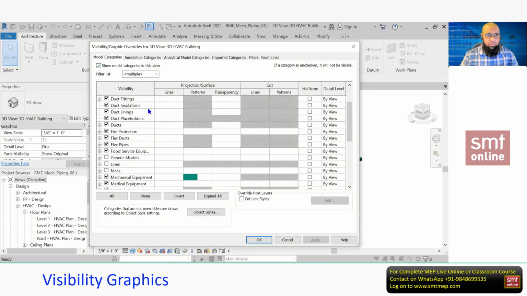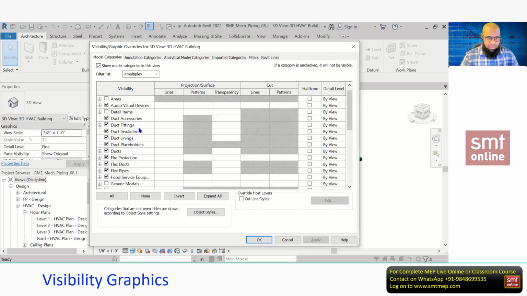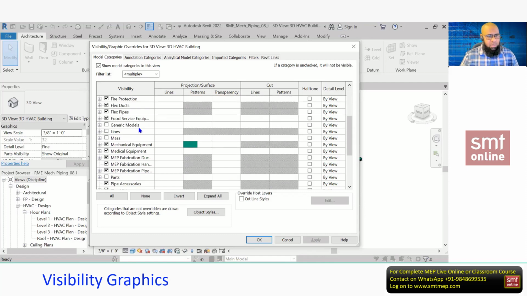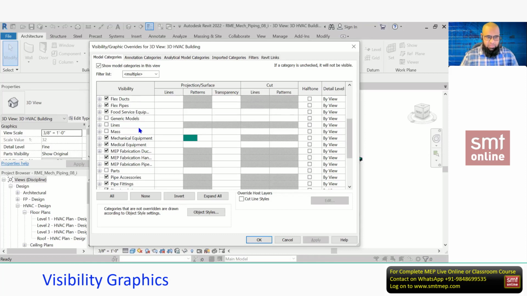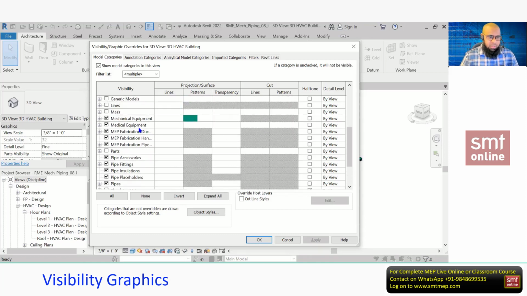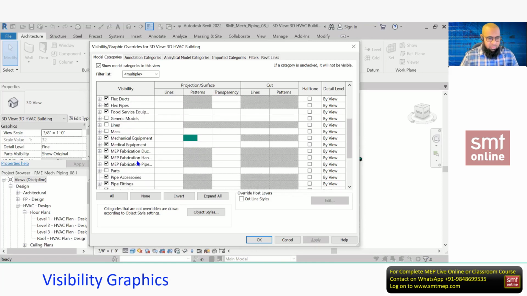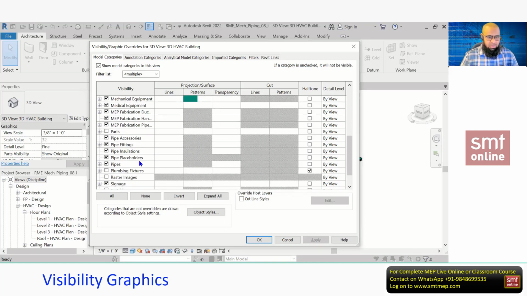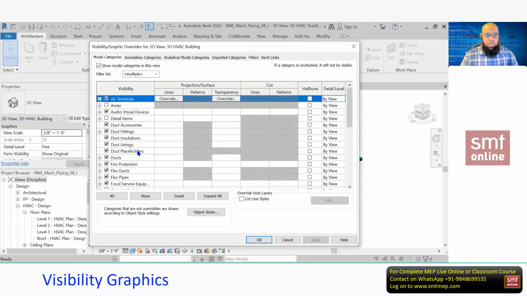So if you want to filter this list as per the required service, that can be done from here, so that you'll get the options related to mechanical, including the piping. Okay, piping means HVAC piping, plumbing, as well as firefighting, all comes under the piping category. So here you see only the ducts, you can find the ducts, mechanical equipment, pipe, etc. There is no light fixture, there is no other option related to architectural. So if you want to filter the sub discipline or even the main discipline, if you want to filter the main discipline list in the VG, that can be accessed from here. So if you want, you can make a note of this. This is not in the notes.